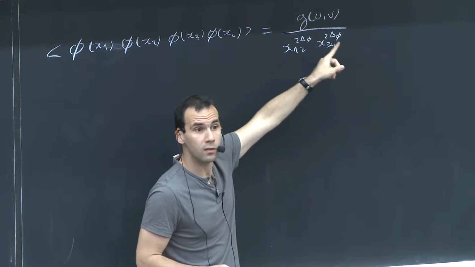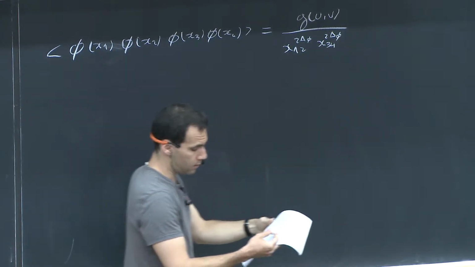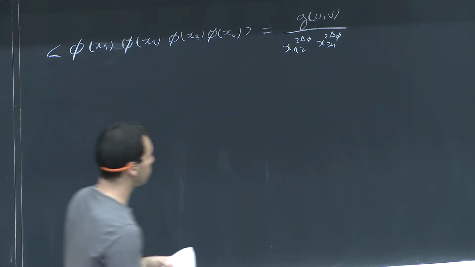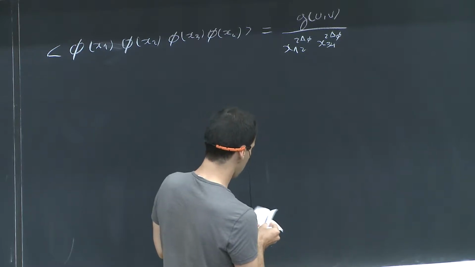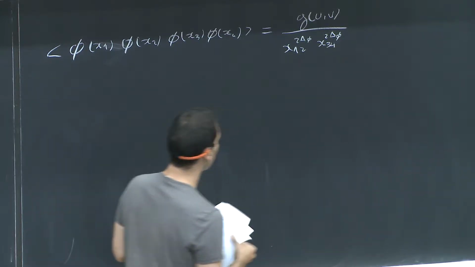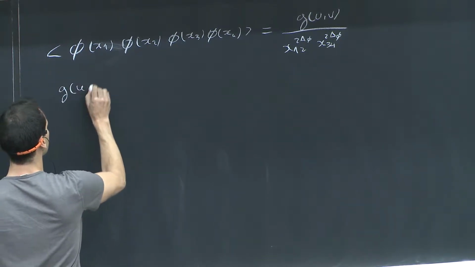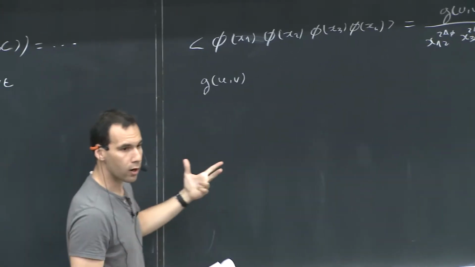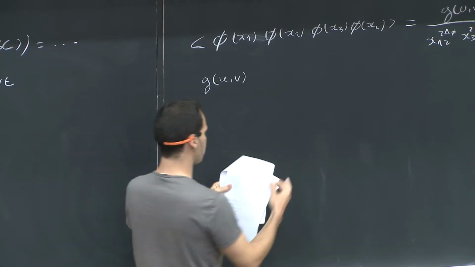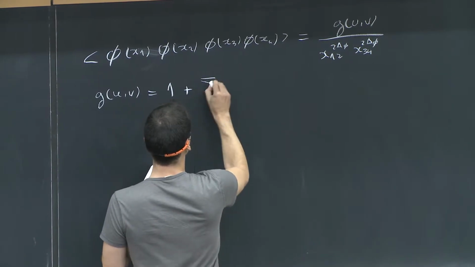So this U and V, you know what they are? Yes? Okay. So Chris should also have told you that. So these are just the constraints from conformal invariance. But then if you use the OPE, then you can say more. You can say that this function is actually equal to 1 plus a sum